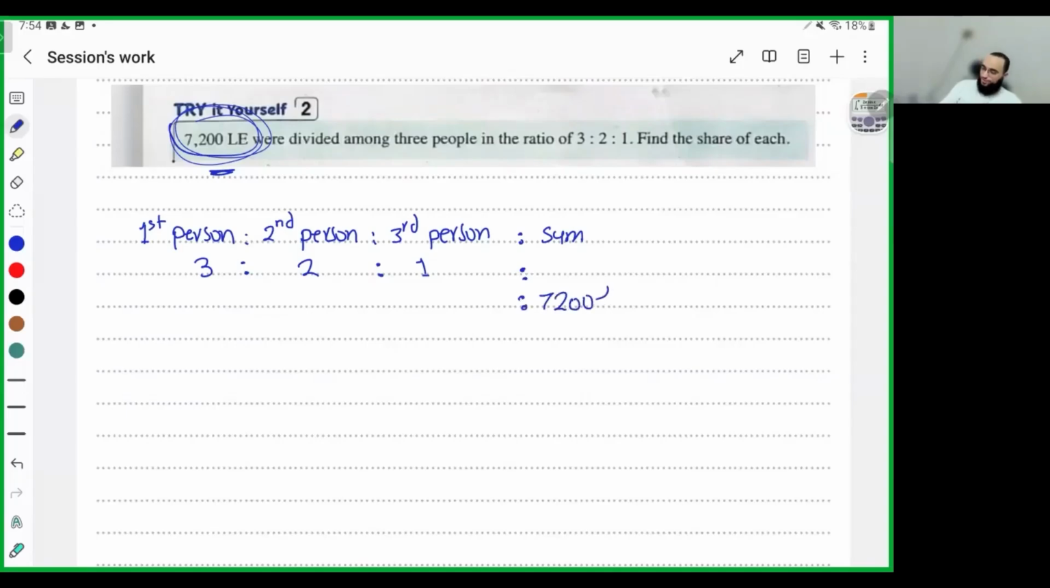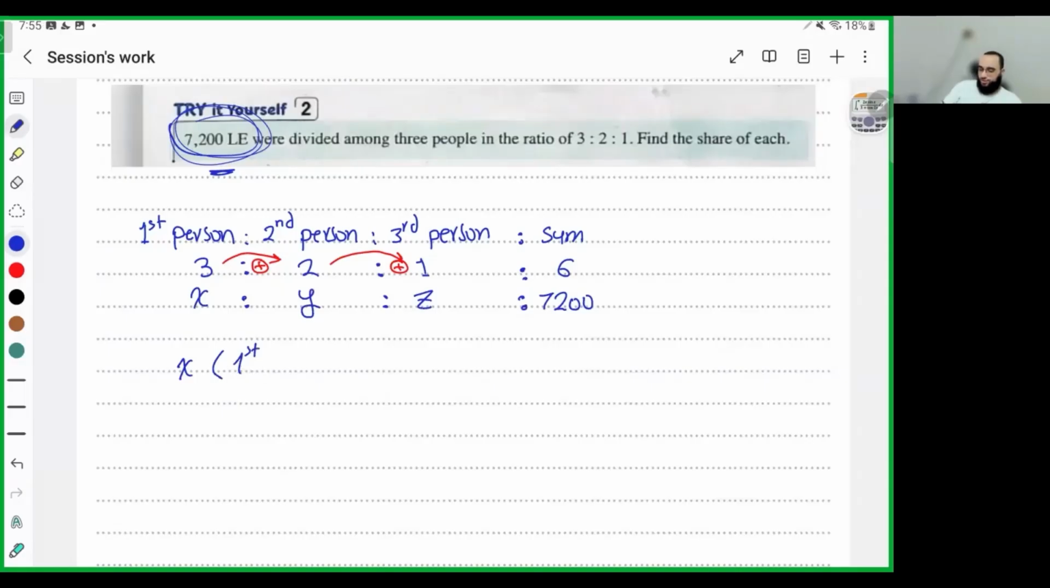What is above? 7,200 is the sum of the ratios. 3 plus 2, 5. 5 plus 1, 6. Write 6 here. This is the sum section. Can you get the share of the first, the share of the second, the share of the third? The share of the first is